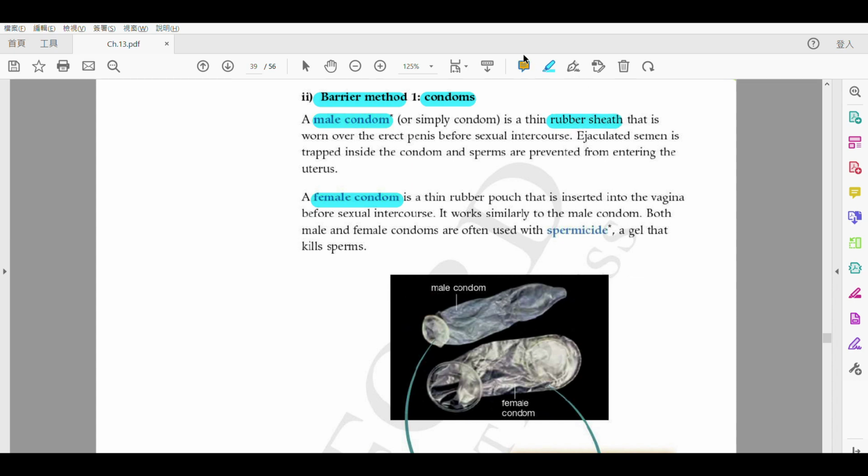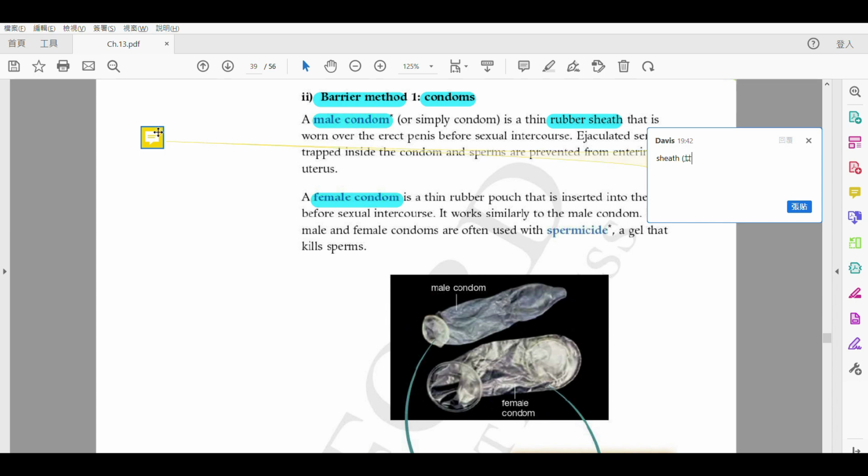Sheath 咧 you will need to know this word I think in chapter 14 so you will learn about this word anyways so sheath 係一個鞘啊即係叫出劍出鞘嘅鞘啦